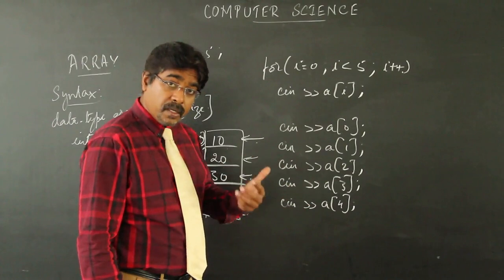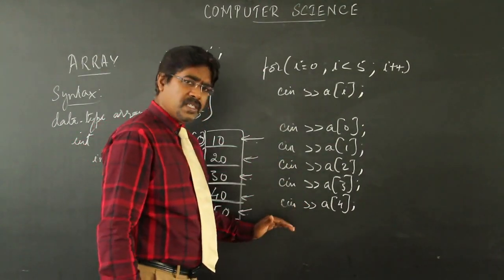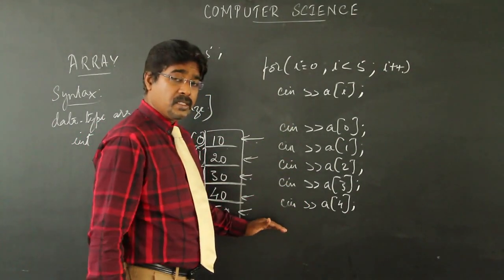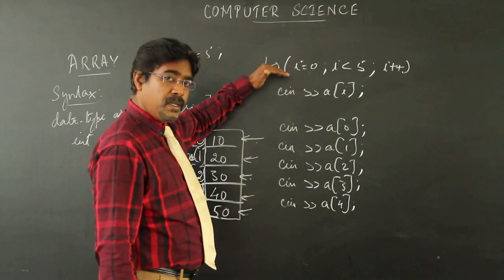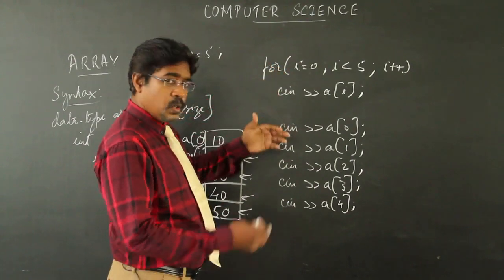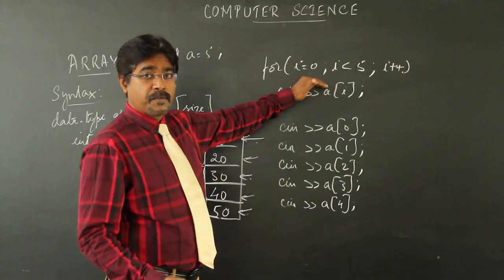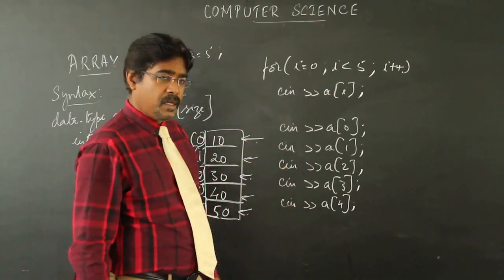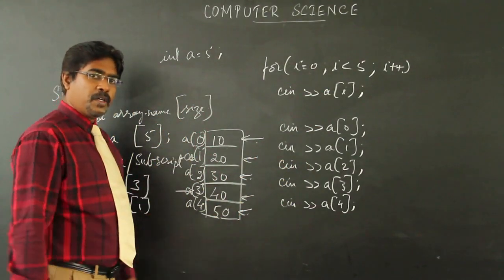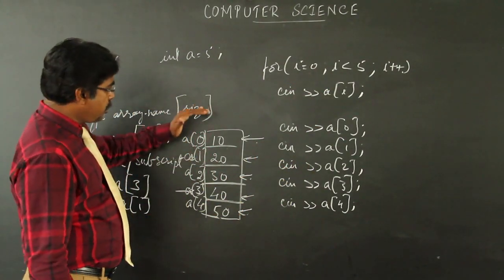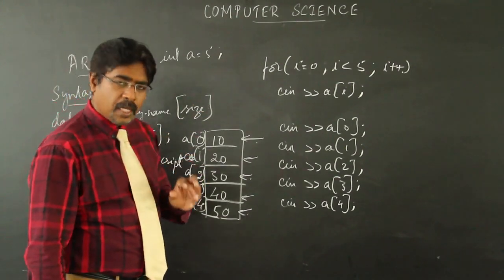But when we are working on an array with 50 elements or 100 elements, we cannot write 50 cin statements or 100 cin statements. Rather, we will be using a for loop, and we repeat that for loop with cin to accept the elements in an array 50 times, or 100 times, or n number of times. So usually the size will be n and we will be working according to n number of times. This is with respect to the array, and there are three types of array.